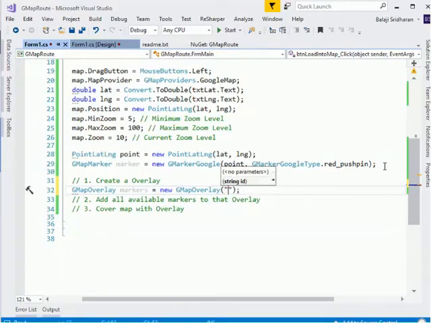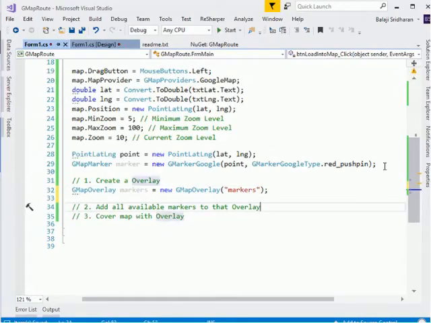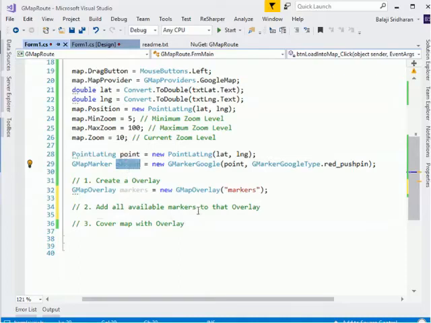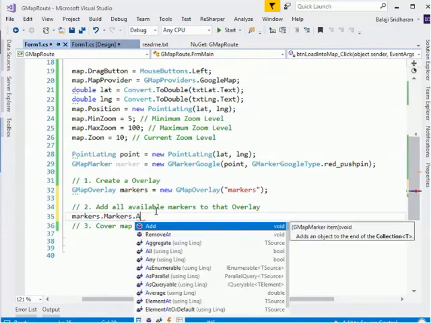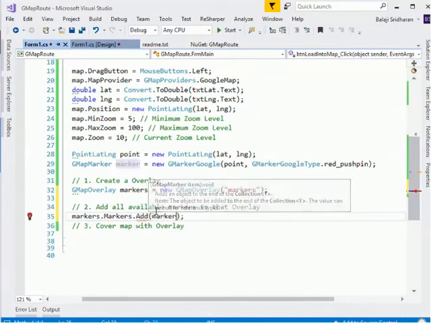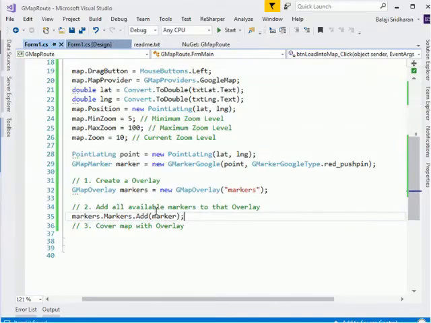I will give the name as markers. We have successfully created our GMapOverlay. The next step is adding all available markers to that overlay. Currently we have only one marker available, so we will add this marker to that overlay. So markers, this is our overlay name, dot Markers dot Add, and there I will add that marker.